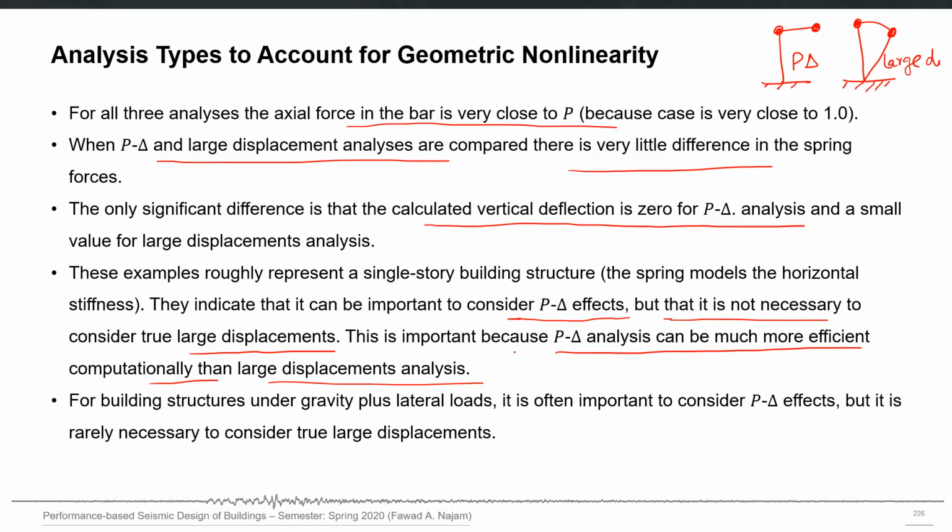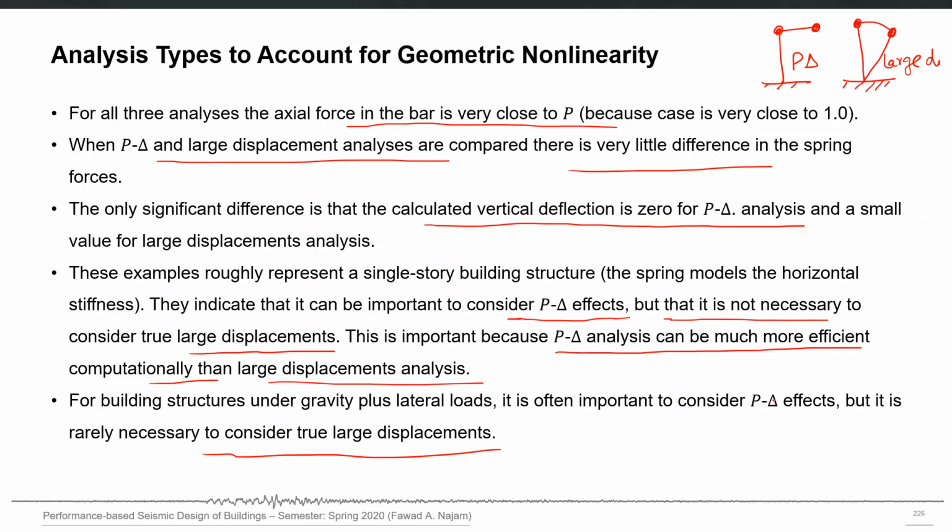So the summary is that you should consider P delta analysis if you want to consider the effect of geometric nonlinearity. For building structures under gravity plus lateral loads, it is often important to consider P delta effects, but it is rarely necessary to consider the true large displacements.